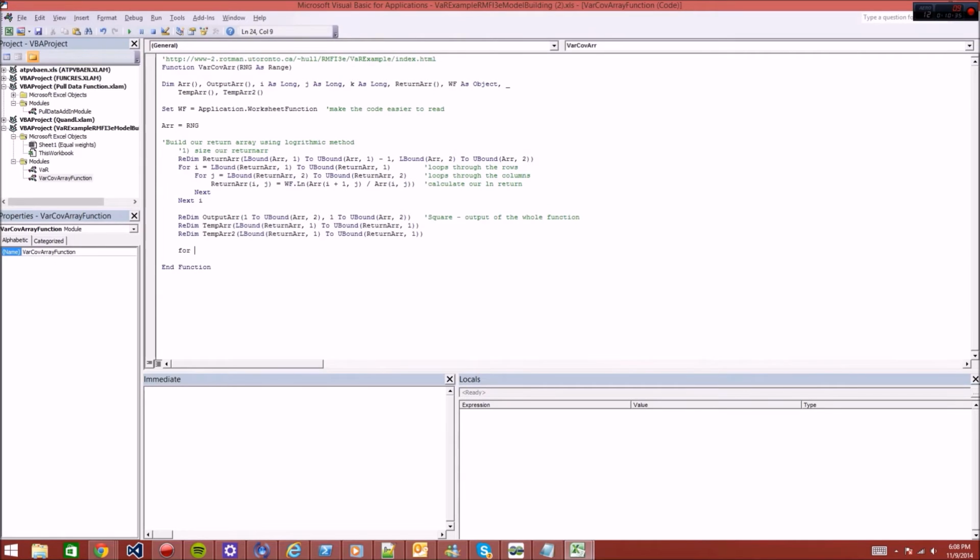Now we're going to loop through the entirety of the output array. So I equals the LBound of output array comma 1 to the UBound output array comma 1, for J equals LBound output array comma 2 to the UBound of output array comma 2, next J, and then next I. Now we have 2 steps here. Step 1